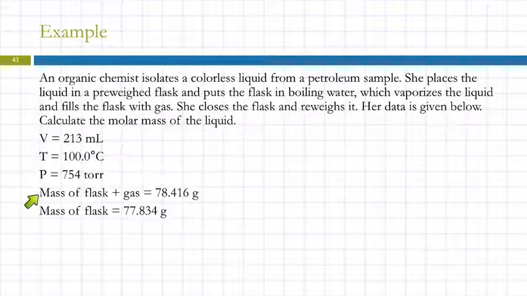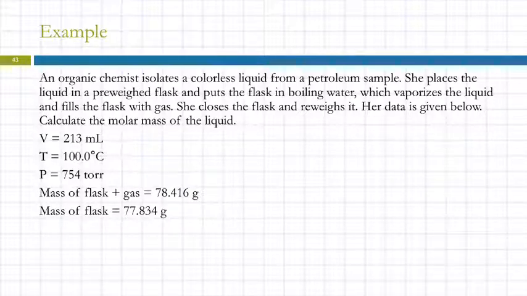So here, the mass of the flask with the gas and the mass of the flask. We don't care about the flask. If we look at the words here, this is a big clue what we need to do. If we want just the gas by itself, we need to get rid of the flask, right? So we need to subtract. So to find the mass of the gas,